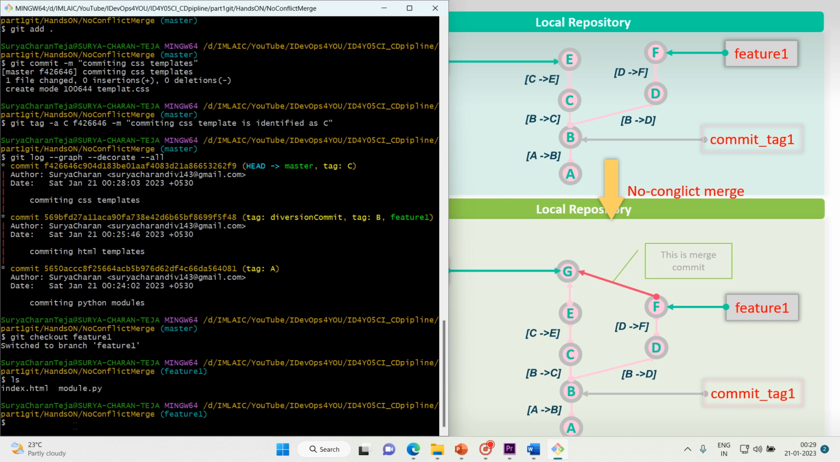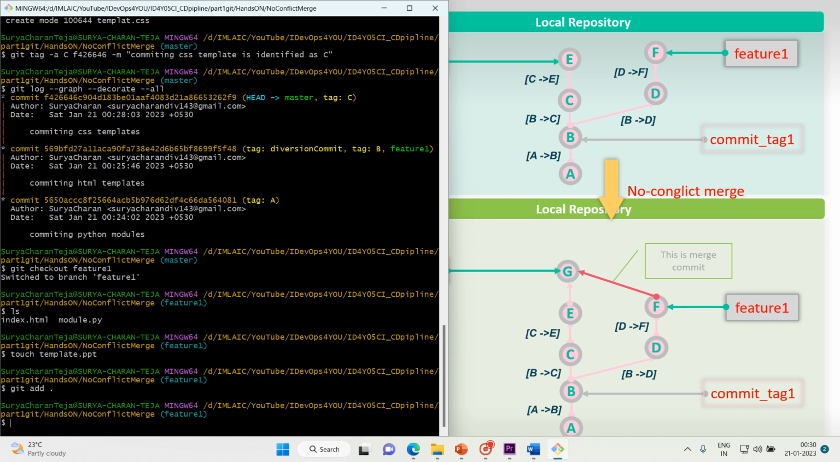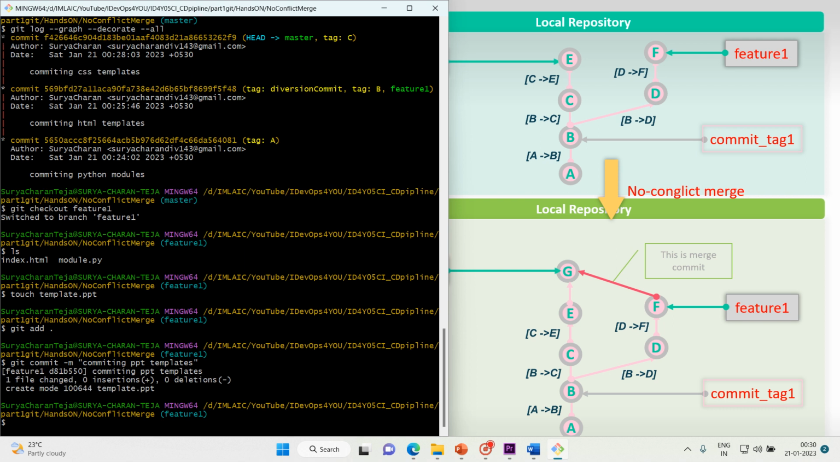Okay, it's clear now. So now let me create a ppt file. So touch template.ppt. So the file has been created. Git add and then git commit with the m option and message is committing ppt templates. Okay, done. So let me tag it. Tag, will tag this as a capital D, correct? And it is,